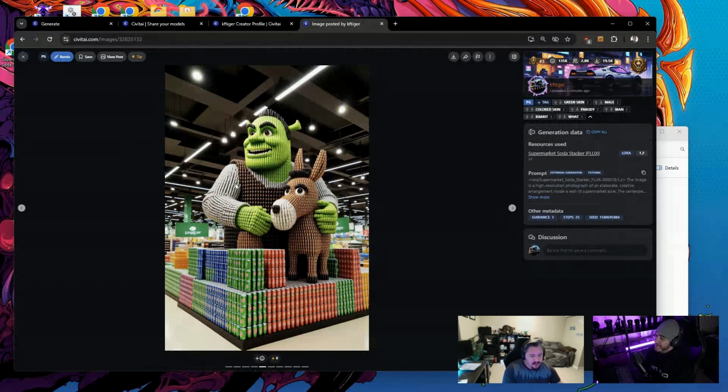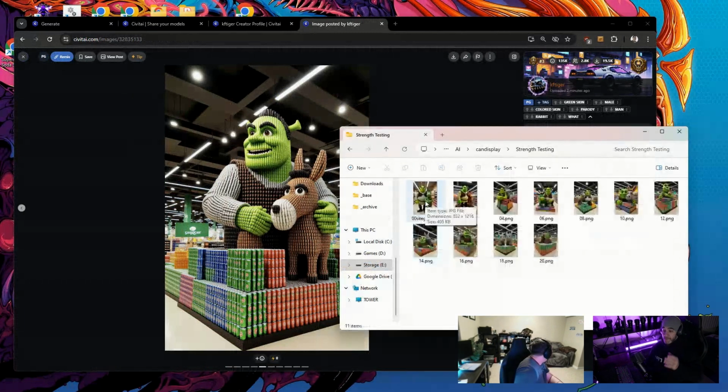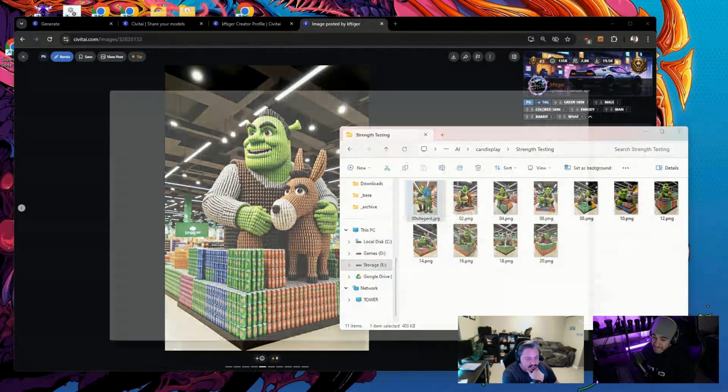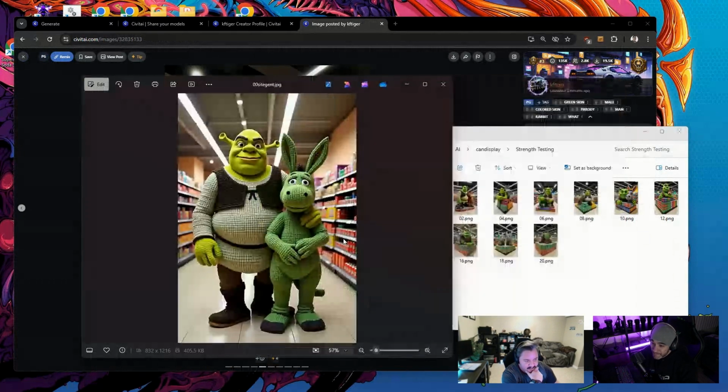So here's one I wanted to show off. The Shrek and Donkey one, as much as it's not the perfect Shrek, but I did a bit of strength testing on this one just to show how this looks at zero strength. So this is without the LoRA at all, and then 0.2, 0.4, 0.6, and so on.